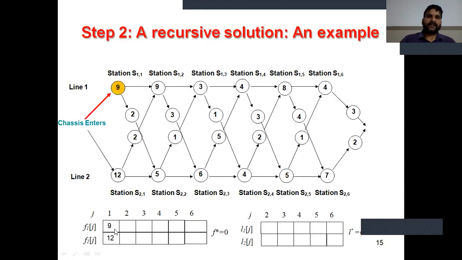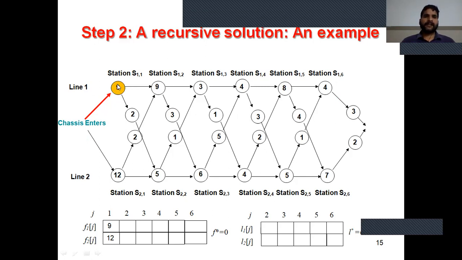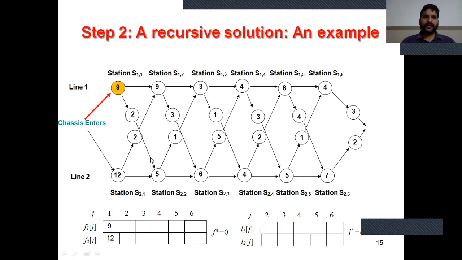We write here 9 and 12. Now the minimum value of 9 starts from S11, travels from this route 9 plus 2 plus 5 and other 9 equal to 18. Minimizing the path from S11 to S22, the value of F1j equal to 18 and F2j equal to 16.